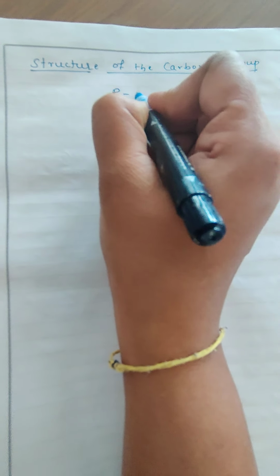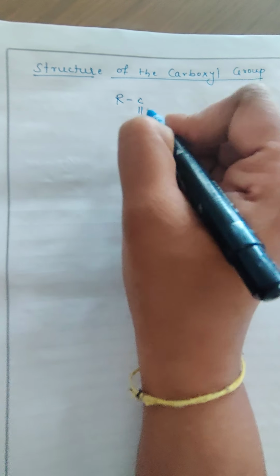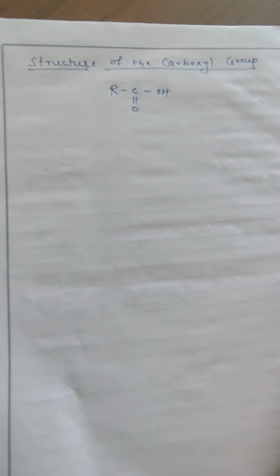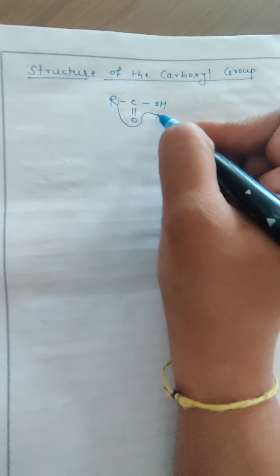Good morning, dear students. Today we are going to discuss the structure of the carboxyl group. Now, the carboxyl group generally indicates carboxylic acid, like R-C double bond O-OH, and in this, we are thinking about the carboxyl group, the COOH group. The carbon atom is attached to two oxygen atoms, one by a double bond and the other by a single bond, which in turn links to a hydrogen atom by a single bond, and the remaining free valency, as you can see, gets satisfied by